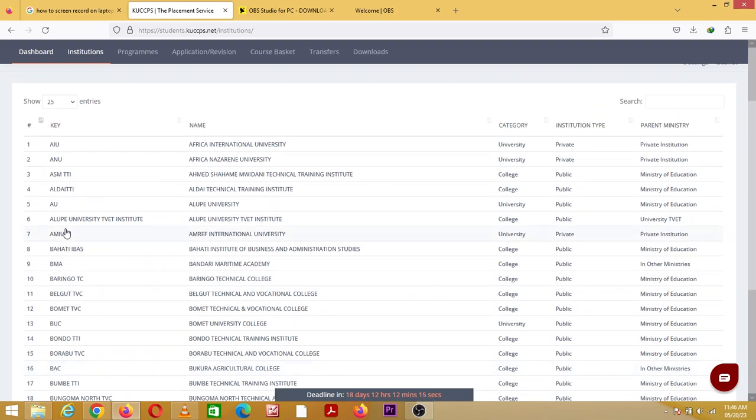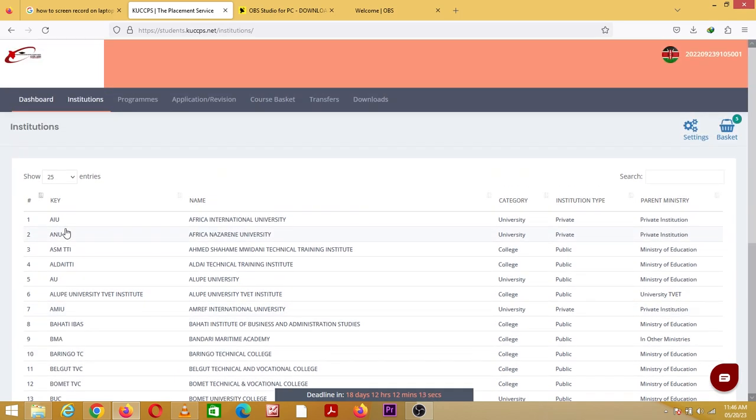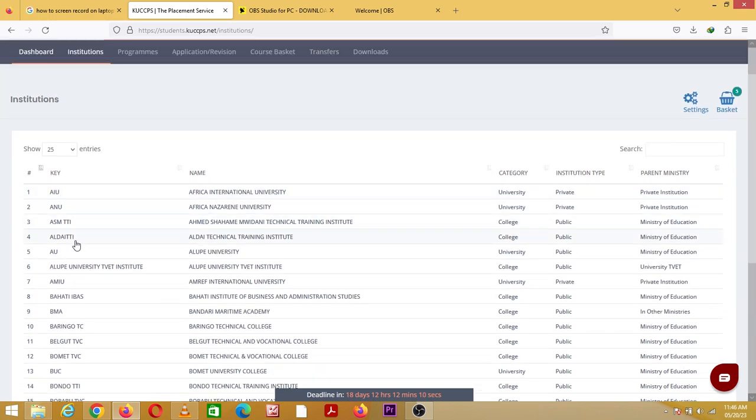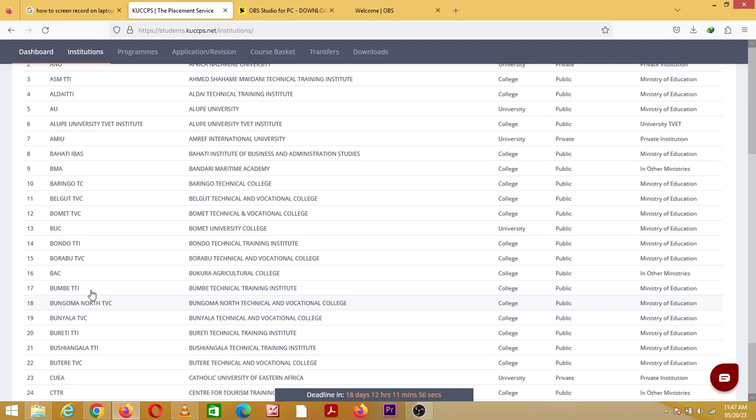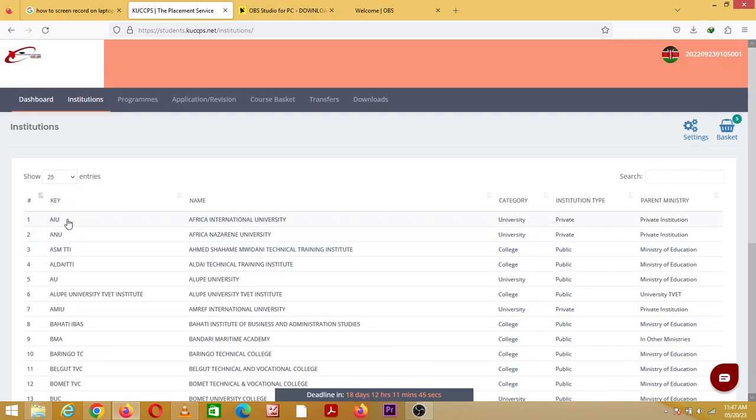You find that sometimes we only know the very familiar ones. For example, KU, that is Kenyatta University. MU is Moi University. UON is the University of Nairobi. UOEM is the University of Embu. But there are some that are not very familiar to us. And so here we have a list of their short code, or what they call the key, and